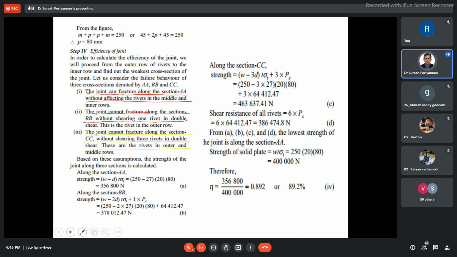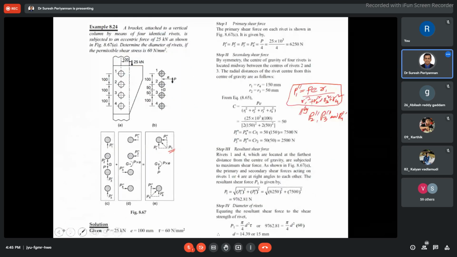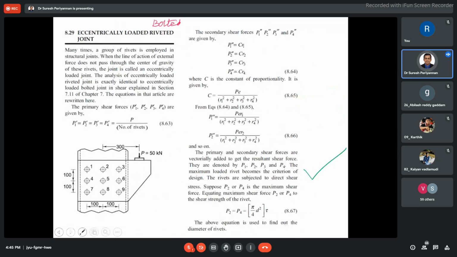Now, the last slide, I'll stop here. It is very simple. I'm not going to discuss this slide more because we have done enough discussion about it in the form of the bolt and nut joint, the threaded joint. This is the same concept. Nothing changes.